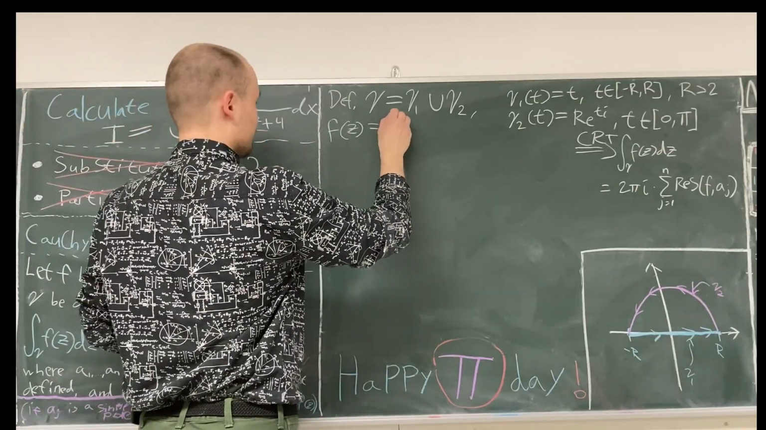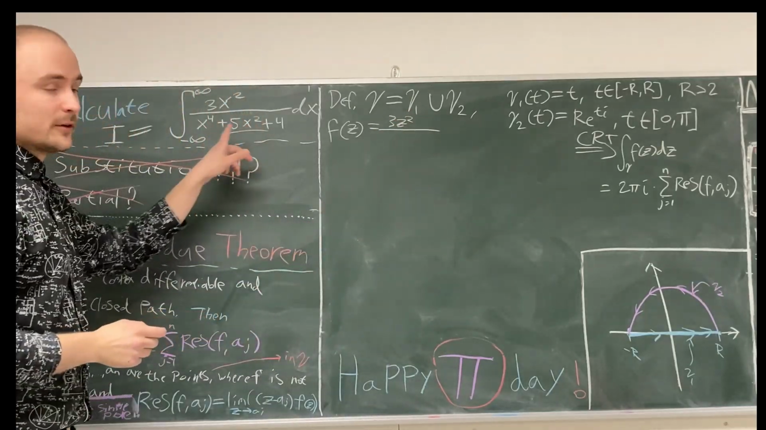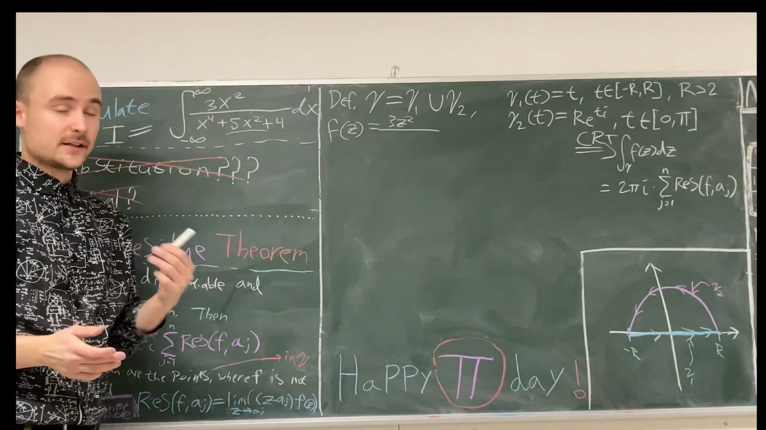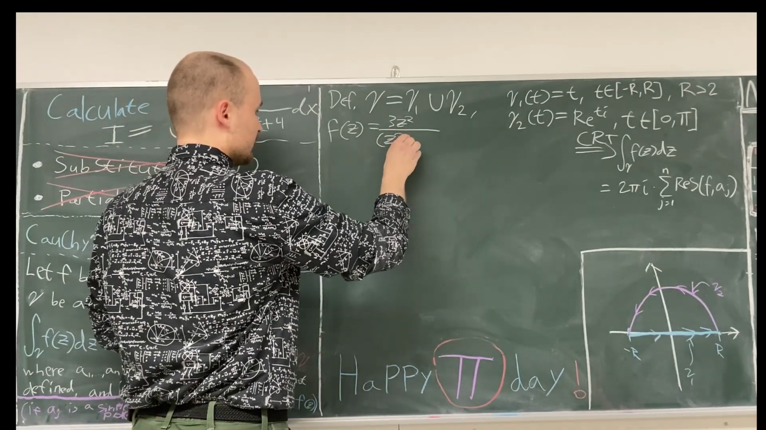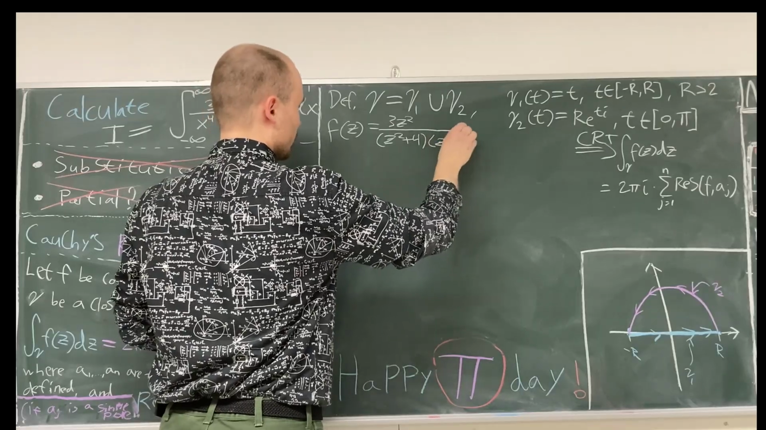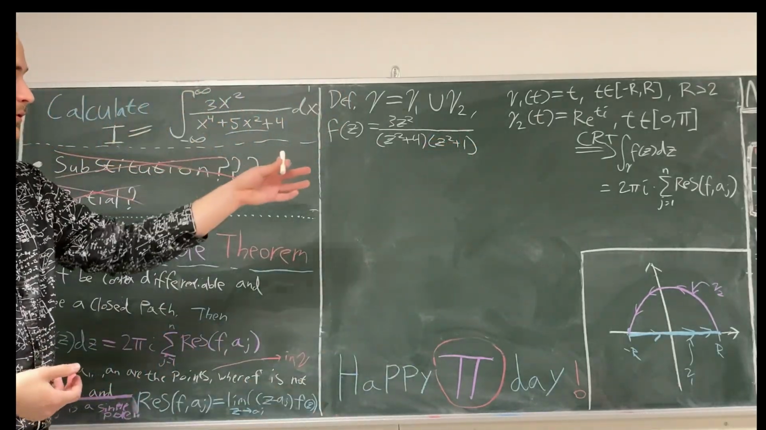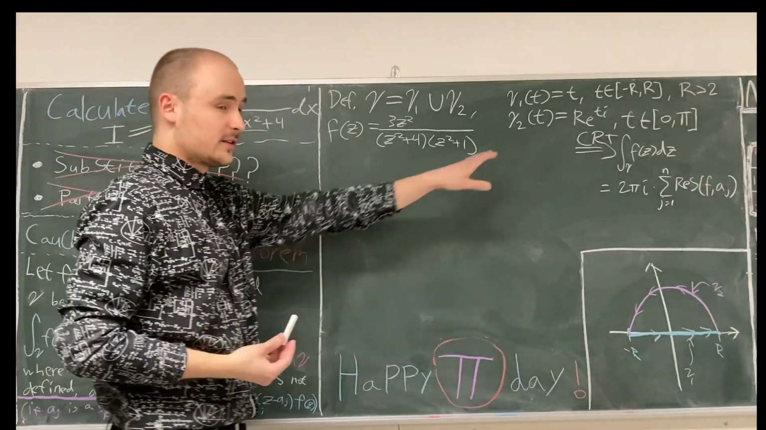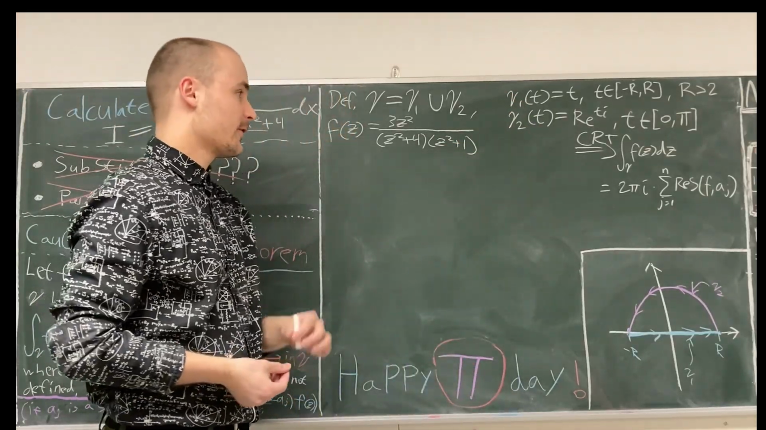So it's going to be 3z squared over, and then we'll notice that this denominator factors pretty nicely into z squared plus 4 times z squared plus 1. Okay, good. So now I've defined these gamma 1 and gamma 2, and let's get a feel for how the